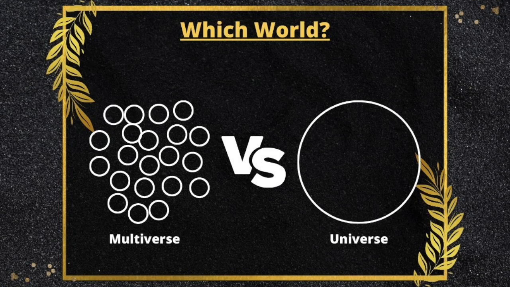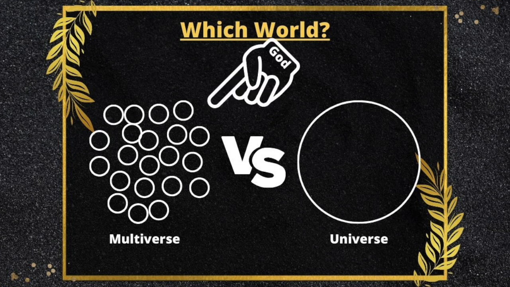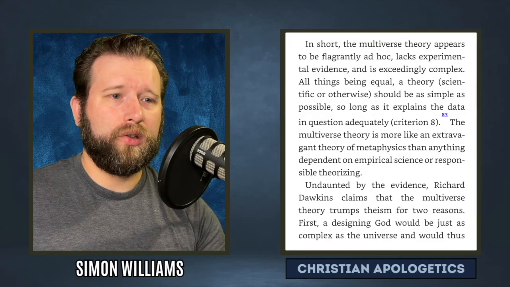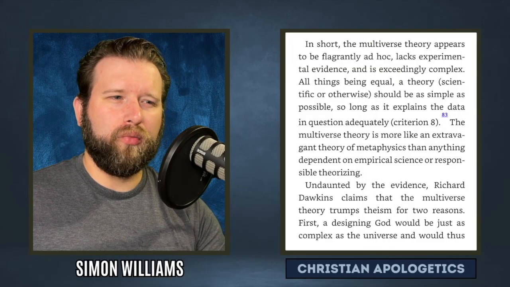And we still need an explanation for why this multiverse exists rather than just a universe by itself exists. And I think that the best explanation for why the multiverse exists rather than just one universe, the choice between these worlds, these separate, definitely different worlds, is that God chose to actualize the world in this way. It would be an undermining defeater of the fine-tuning argument, but once again, we're not able to actually detect the other universes, so we can't really prove it.